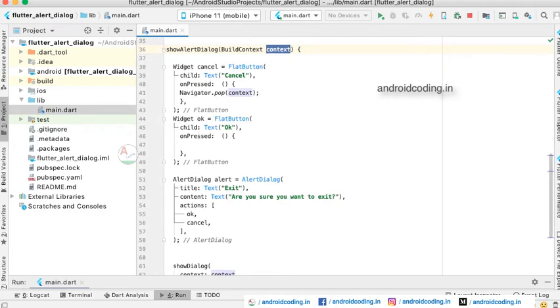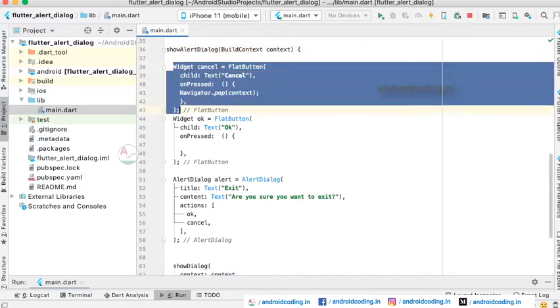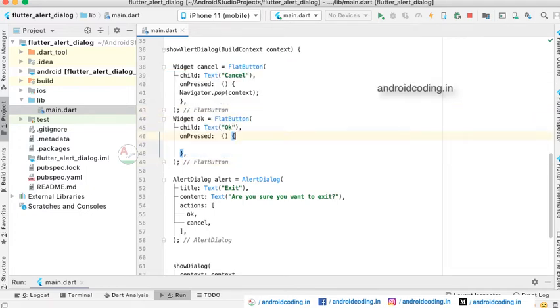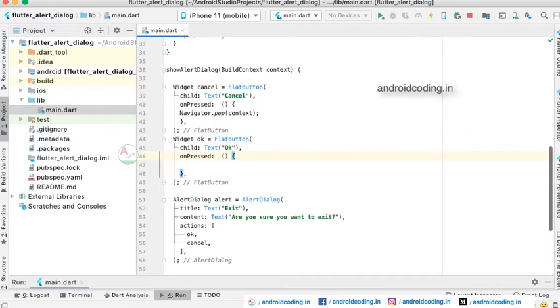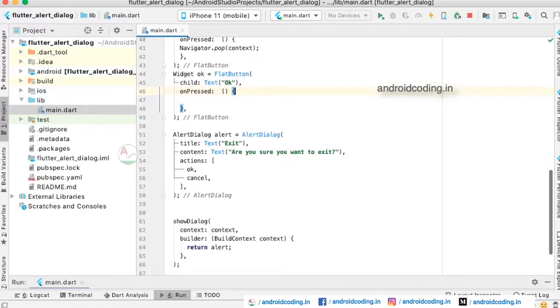Generally an alert dialog may contain one button, a single button, or multiple buttons. Depending upon your requirement you may add the buttons. Mostly it will be one, two or three. Mostly it will not be more than three buttons in a general scenario, but if you are dealing with specific requirements you may go on and add more buttons also. You simply need to increase this count here. Here we have considered two buttons, OK and Cancel, for this example. Here we are passing a title.